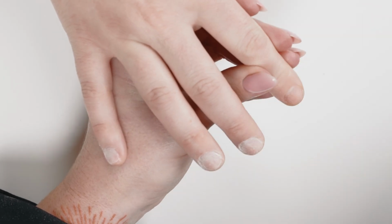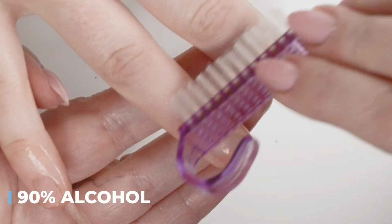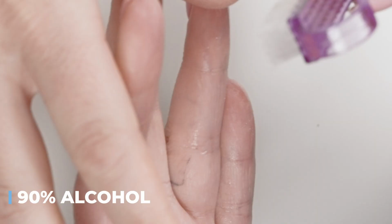Now I'm cleansing the nail plate with alcohol. You want to be 90% or higher just to avoid any impurities that can be added to the alcohol. And scrub out any of those skin cells and push that skin on the proximal fold up and away and